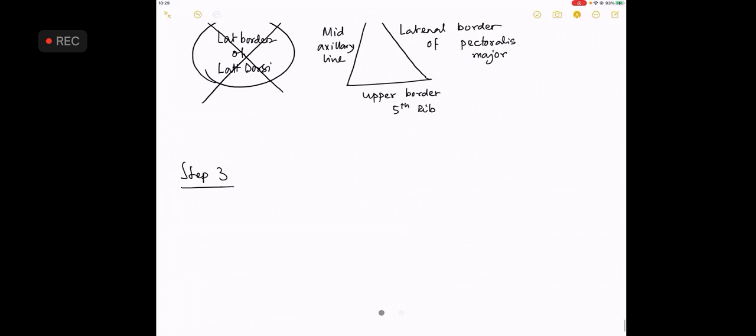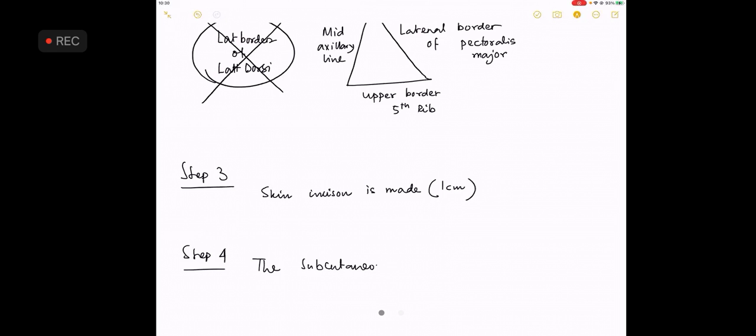Step 3, the skin incision is made. Length is 1 centimeter skin incision. Step 4, the subcutaneous tissues and the intercostal muscles are dissected